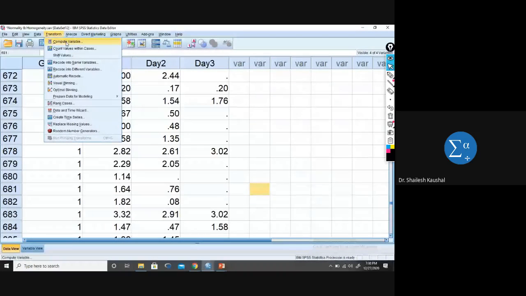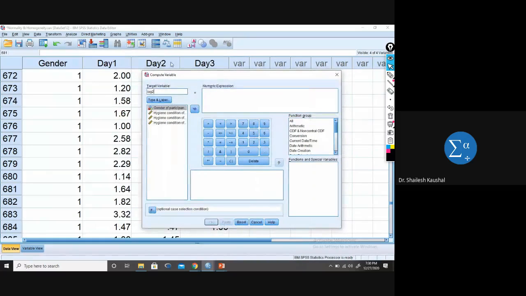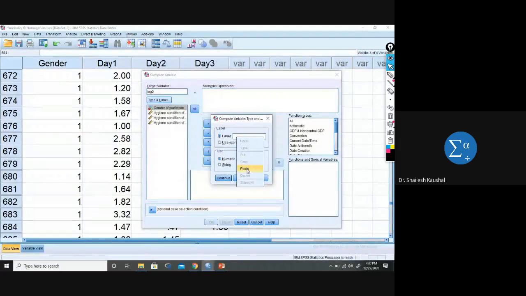Compute variable, log transformation. I am writing here log 2. Log 2 means I am correcting day 2 data. Okay, and then I copy and paste it, type and label, and then continue, and after continue,